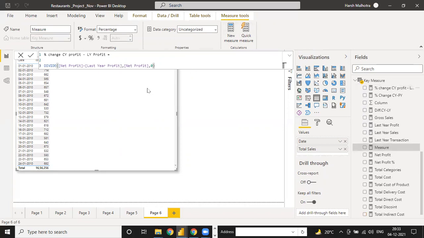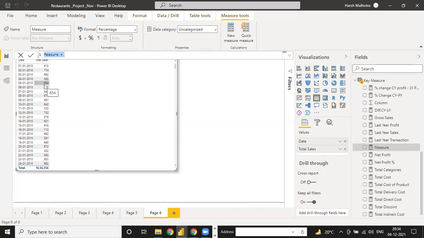What is actually YTD, MTD, and QTD? It is a cumulative total till the month end, quarter end, and year end. Suppose it is the year 2010, and if you need a cumulative total one by one, you have to add your totals: 613, 714, 662, 565. This one you can add.